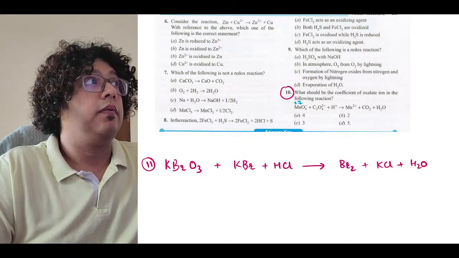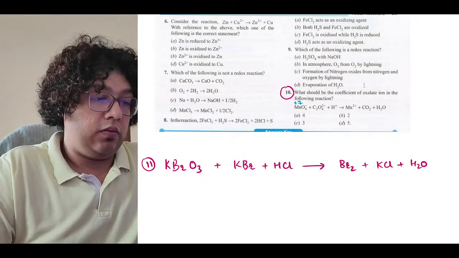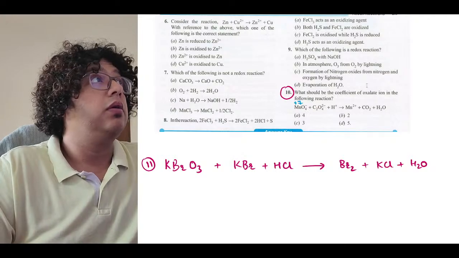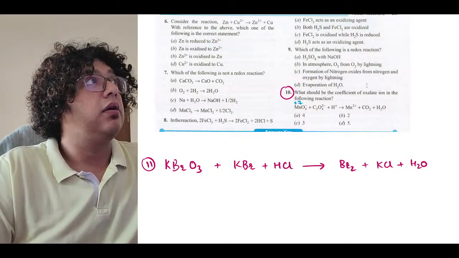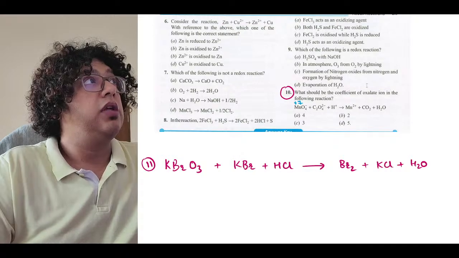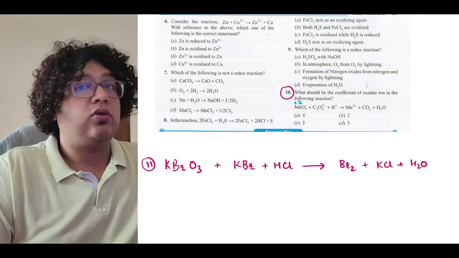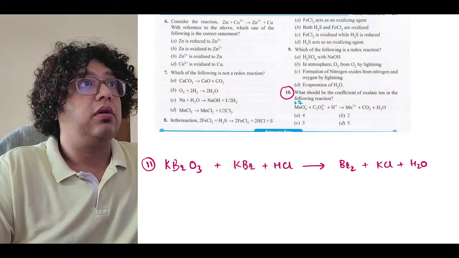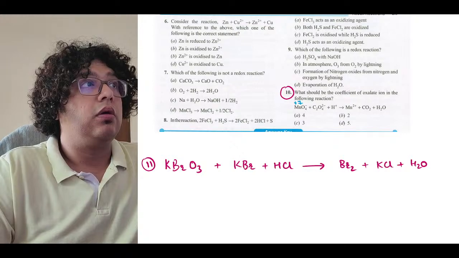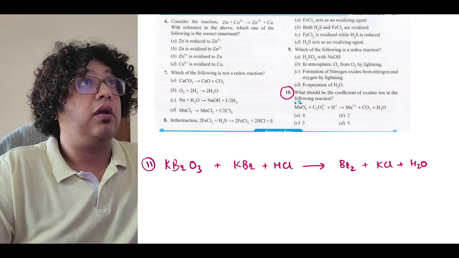Sir, I was talking about that exercise question, not this. Which question? The 10th one in the in-text exercise, right? Yes, the MnO4 minus and C2O4 2 minus question. So we did it already. That's what I was saying. We did that already, right? Yes, sir. Did you find it, Omkar? Yeah, I got it, sir. Got it, okay.